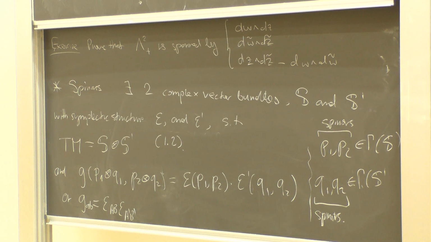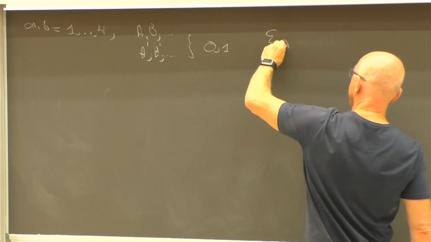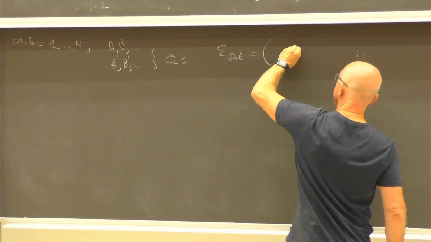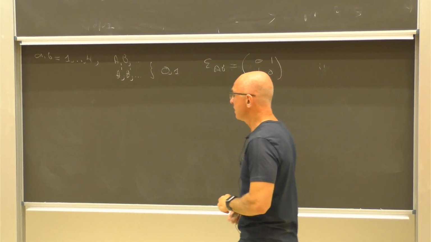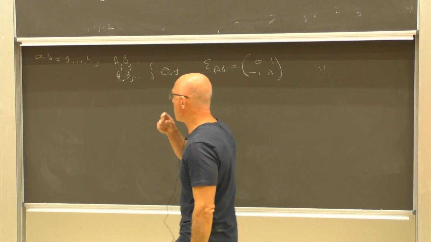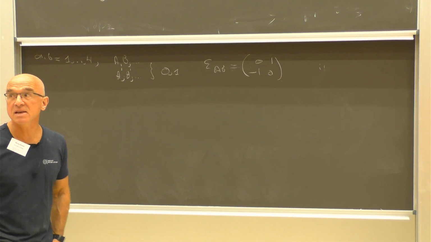And A and B in capital letters, and also A prime and B prime, they are either 0 or 1. And then this symplectic form epsilon AB is 1, minus 1, 0, 0. Okay, so now, using it, based on this isomorphism, it's convenient and it gives some meaning to assembling these complex coordinates on Minkowski space into a